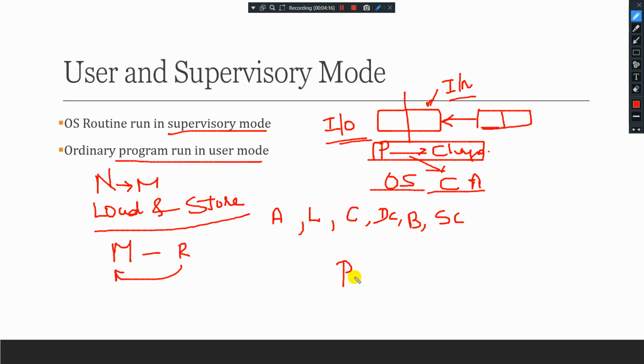Apart from privileged operations, it can do all other operations like arithmetic, logical, comparison, data copying, branch, and subroutine calls in user mode. That is called a general user mode.